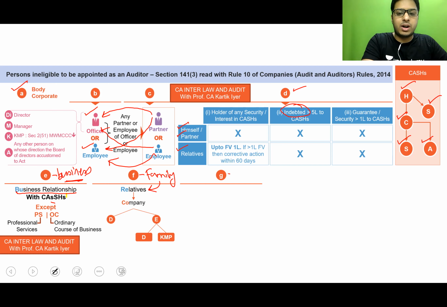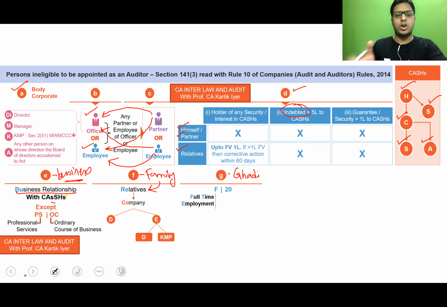With clause G, we remembered a Hindi word that is called ghadi. Ghadi means watch, clock, time. Basically, time is a problem. Managing the time will be a problem for an auditor. So they have said here, if the auditor is in full-time employment elsewhere, then he will not get time